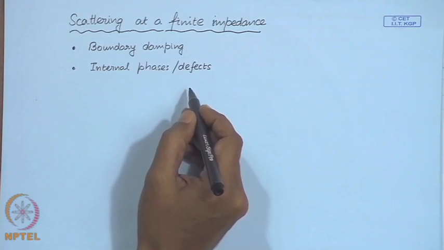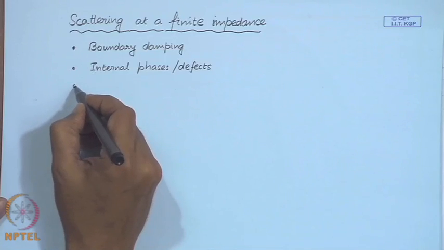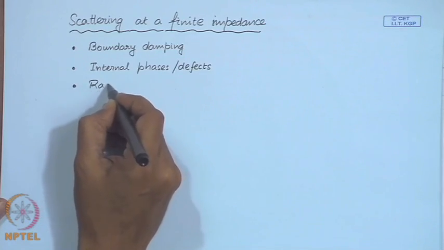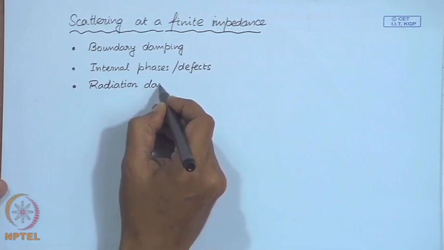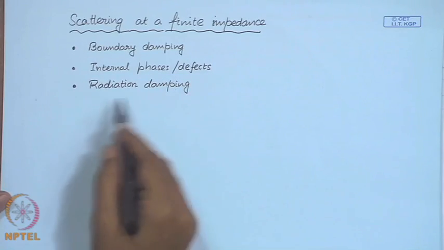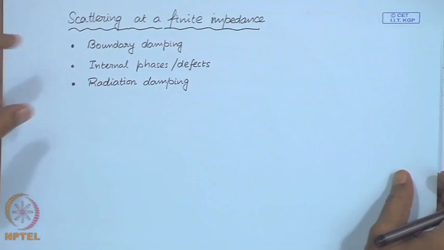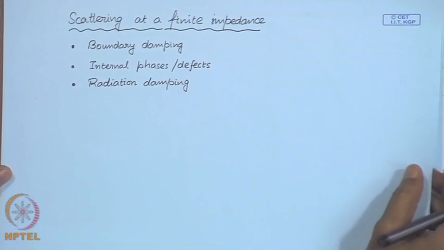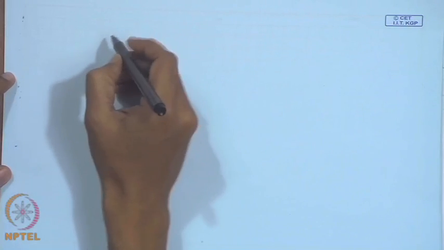Then you can have scattering at a finite impedance. The third case occurs when you have radiation damping. So, these are the situations where you can have scattering at a finite impedance. So, we are going to look at these situations with the example of a